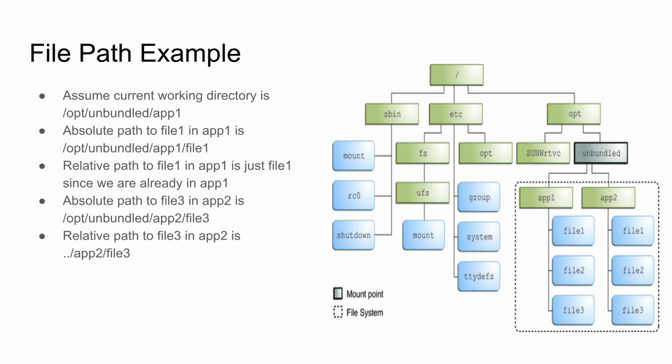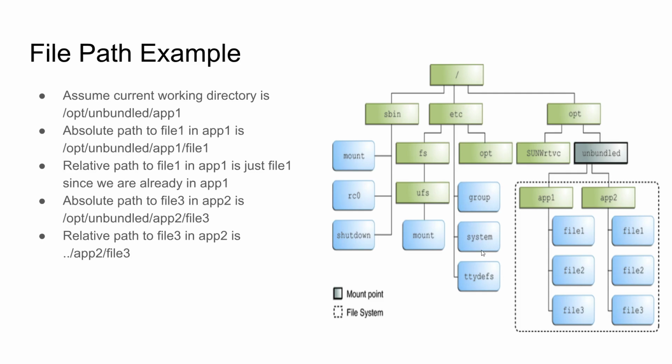Not / but .., because we need to go up one level. If we do .., that's going to bring us into unbundled. We're currently in app1 right now, so going .. is going to bring us up into unbundled. Then from here, we'd have to go up again, so /.. would bring us into opt. Then /.. would bring us back into the root. Then